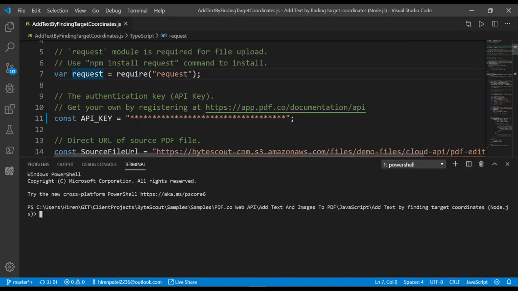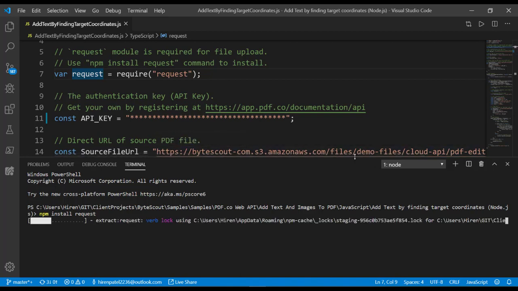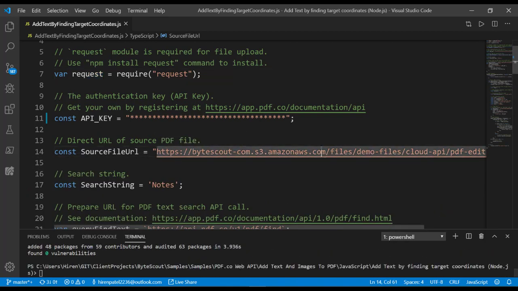So first of all, we have the dependency on request, so let us install this right away. npm install request. While it is downloading and installing, let us see the different things.